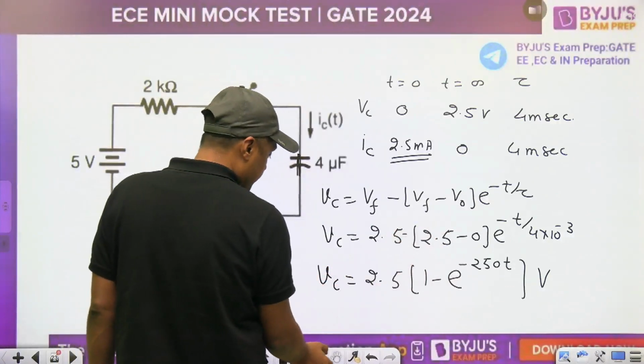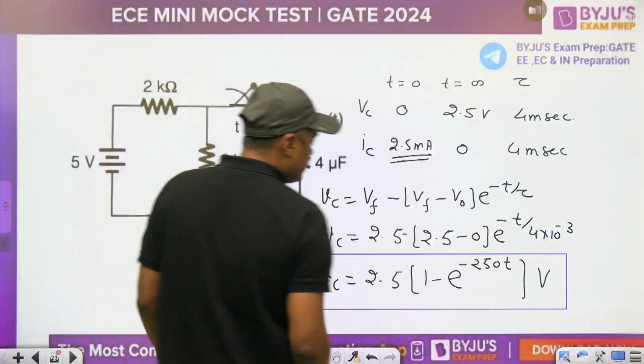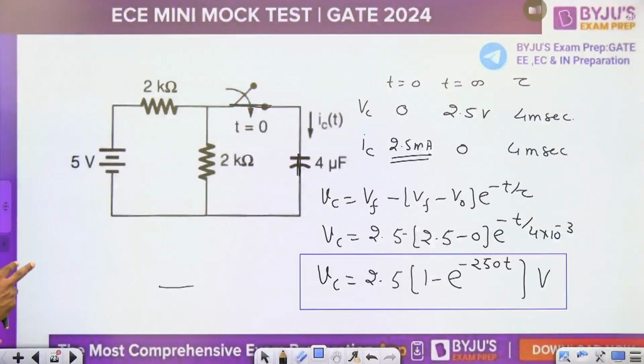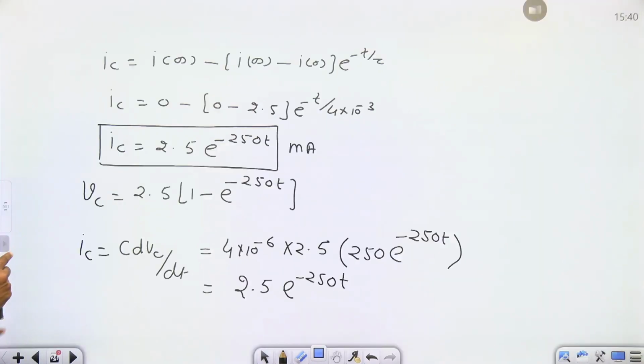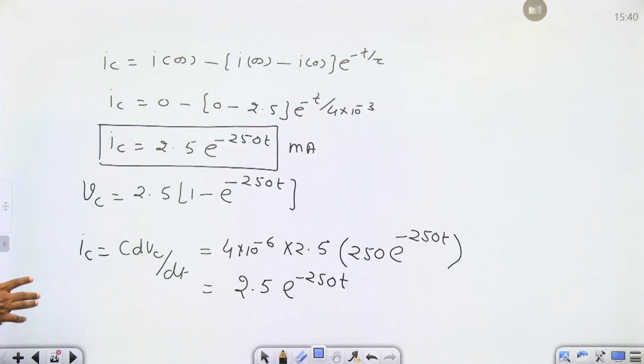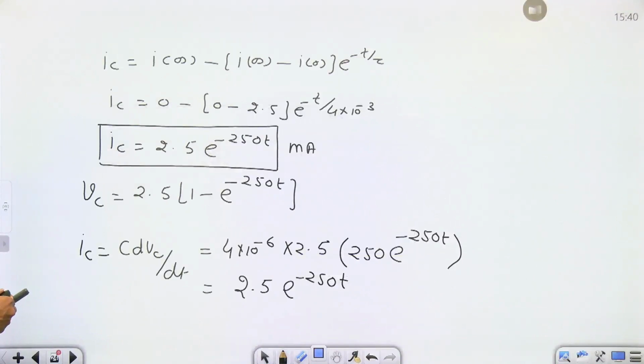Always remember, voltage across the capacitor, guys. Now there are two ways to find the current. First way to find the current is this equation. So what is the final current? What is the initial current? And I have written the same. Yes, what is the time constant? 4 millisecond. Yes, that is correct. 4 into 10 raised to power minus 3. And that will become what? Okay, 1000 divided by 4. What? 1 minute.